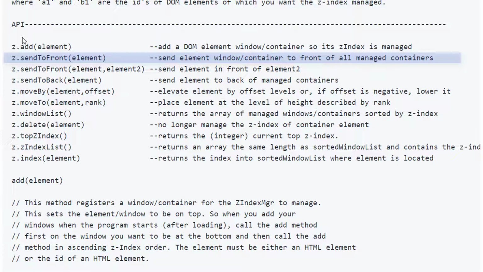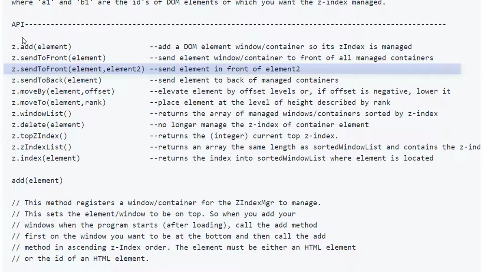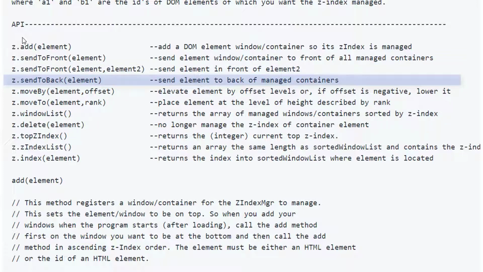You can send this element to the front of all of the elements that you are managing. You can send this element to be in front of this other element which you are also managing with ZIndexMgr. You can send this element to the back of all of those elements that you are managing with ZIndexMgr. You can make this element jump up by 4 levels amongst all of the elements that you are managing with ZIndexMgr,